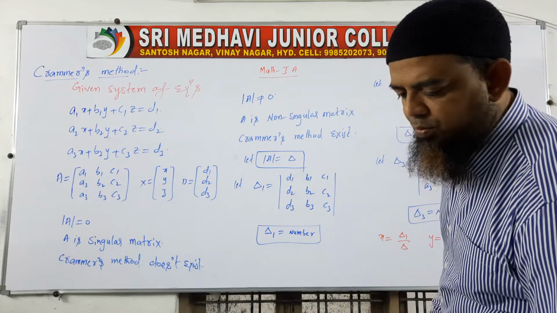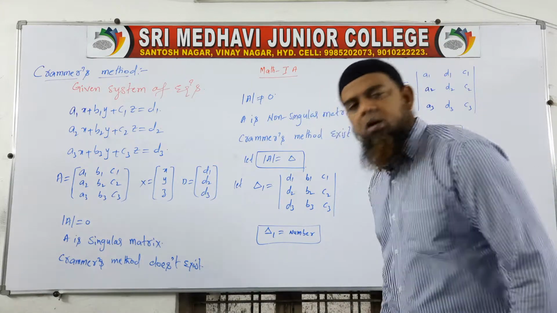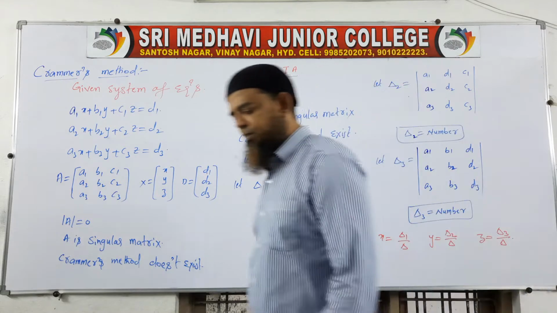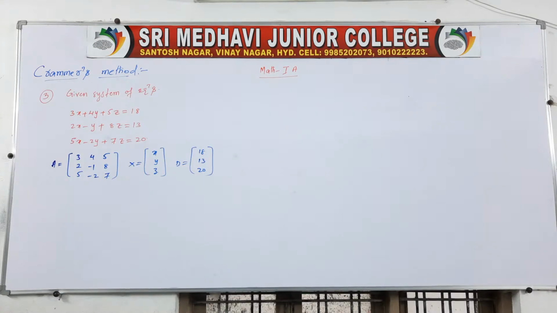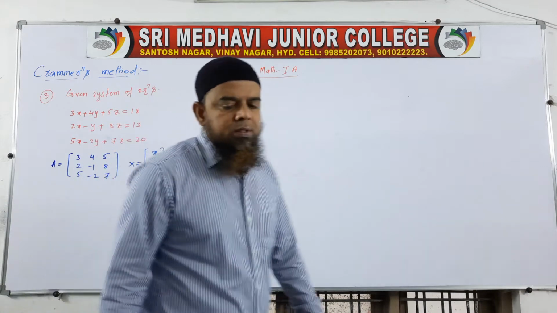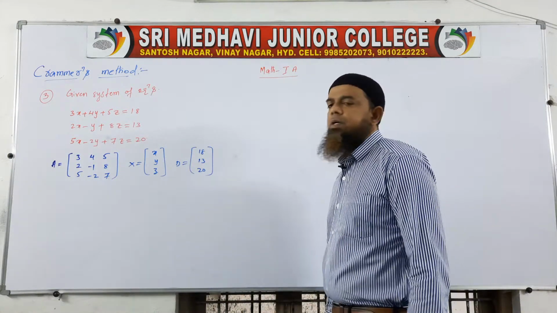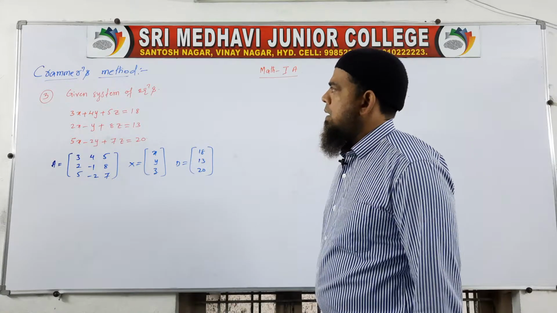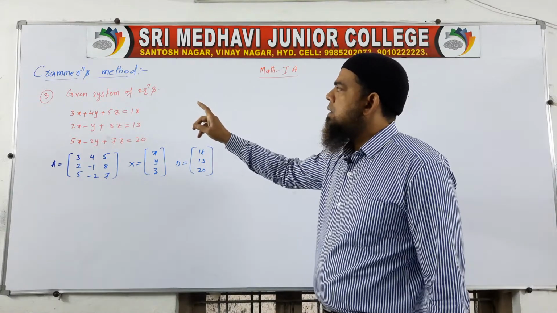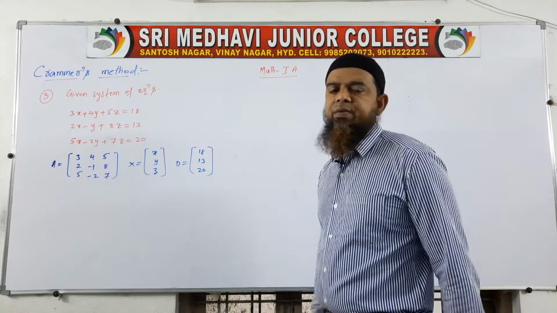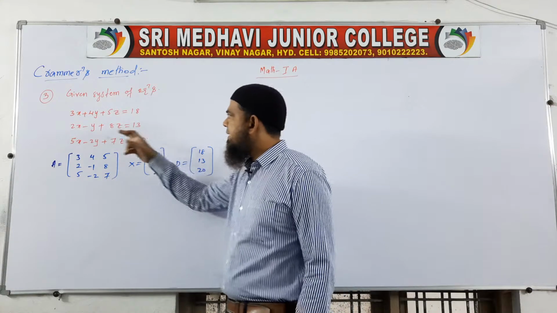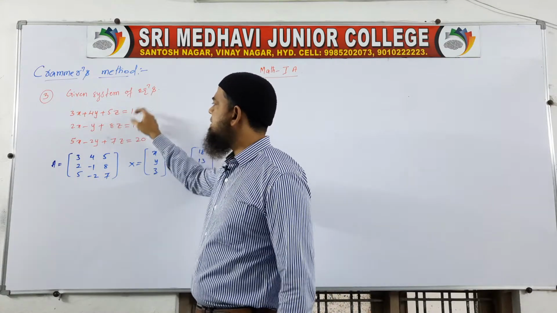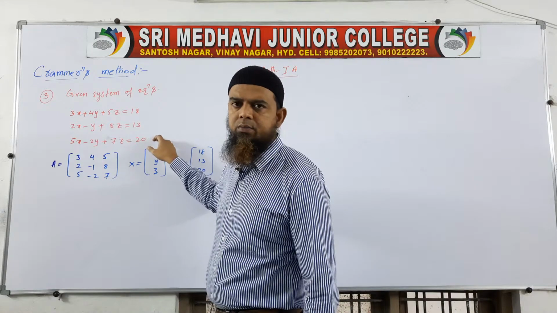See on the board the first problem in your paper. Now we are going to discuss. See on the board, children, this is problem number 3 in your paper. We have to do Cramer's method here. For problem number 3, we have to apply Cramer's method. What is given? 3 equations are given in the problem. Given the system of equations, I have already written them on the board.